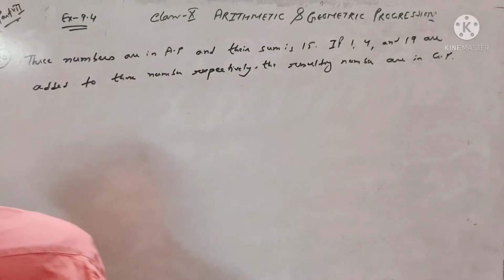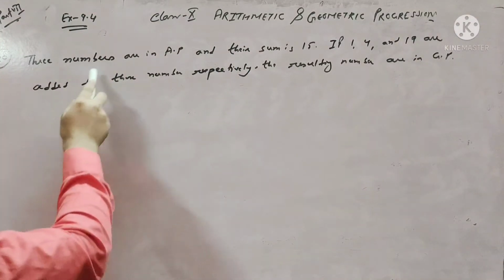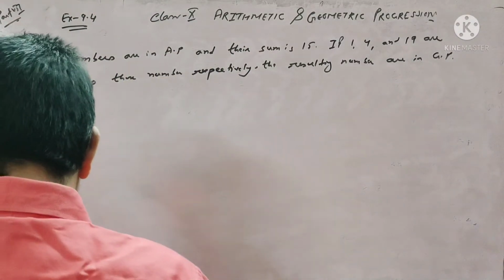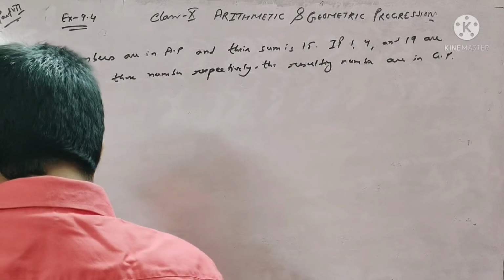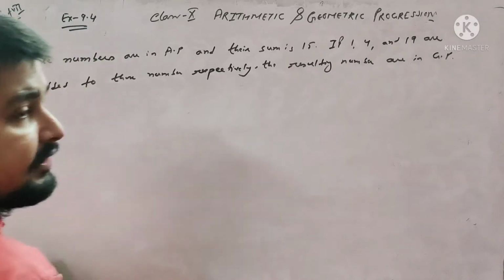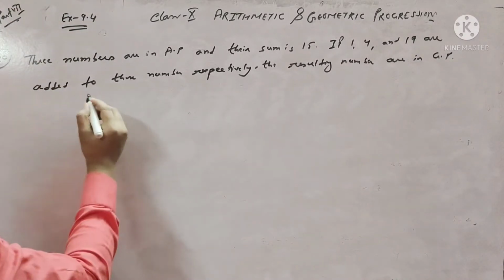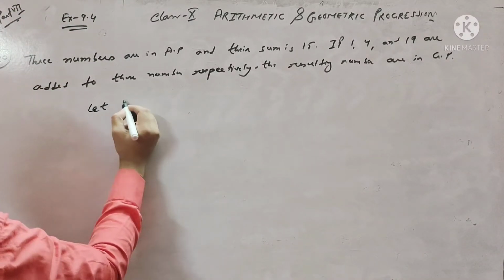That means what? Three numbers are in AP, their sum is 15. If 1, 4 and 19 are added to these numbers respectively, the resulting numbers are in GP. Correct? Let the three numbers